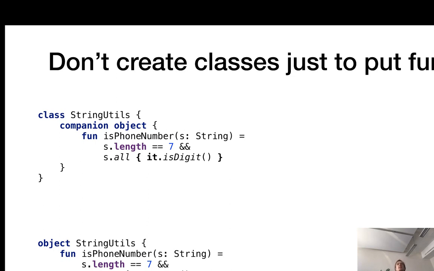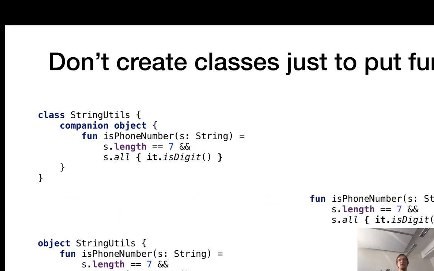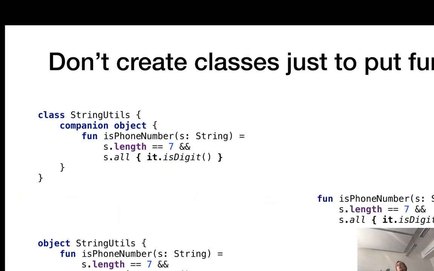There is no state in this class, there is never going to be any state, so it's just a container of methods. So in Kotlin, in this case, what we can do is define top-level functions. Just put this function directly into the file, with no extra wrapping, nothing like that. And because all functions belong to a package,